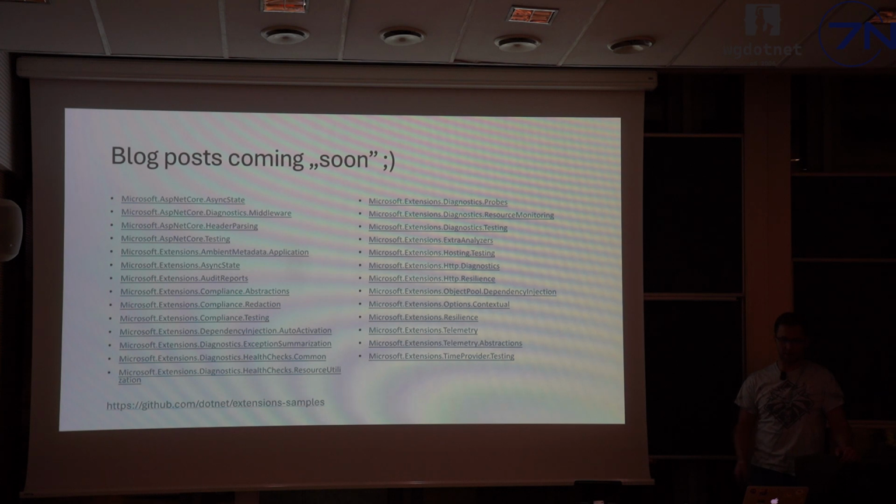Another one, Maciej mentioned GDPR today. So we have a few compliance packages here. To tell the long story short, they provide some attributes that you can annotate your code with. For example, you can specify in your EF code that you're storing a user email here.